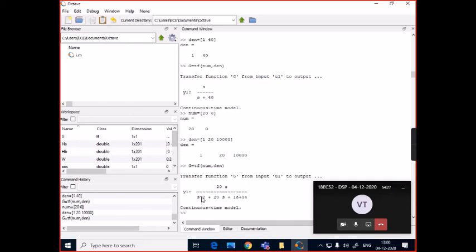Instead of writing S square, the power operator is used: S cap 2 plus 20S plus 10,000. Now 10,000 is long to be displayed on this screen, so it is represented in exponential form as 1 into 10 to the power 4, which is 10,000. Are you all able to see this? Is it visible? Yes, sir. And it says continuous time model here.